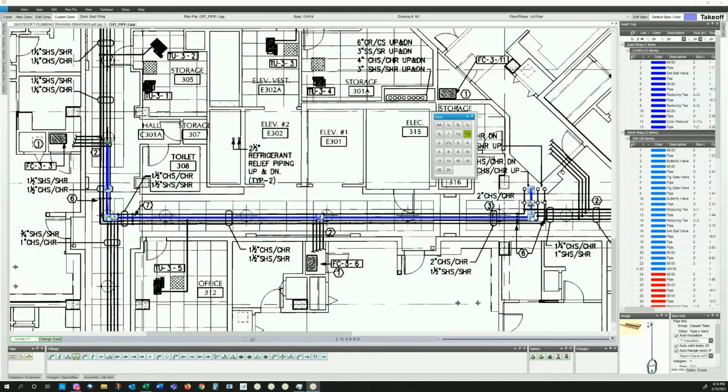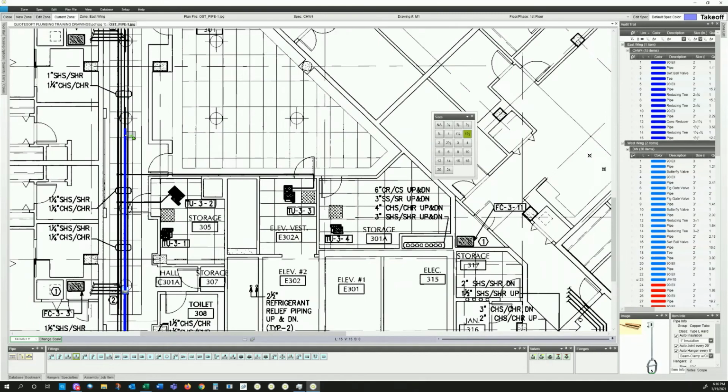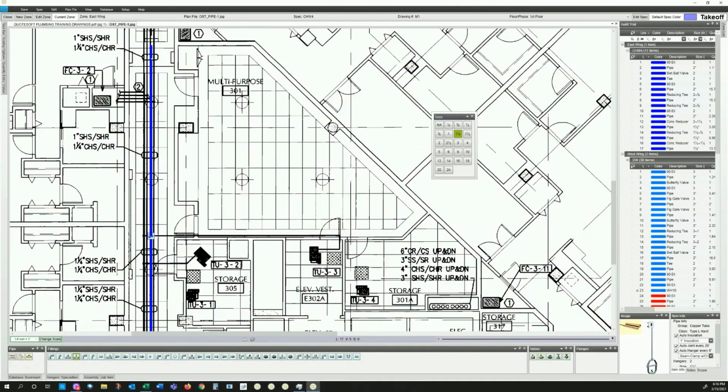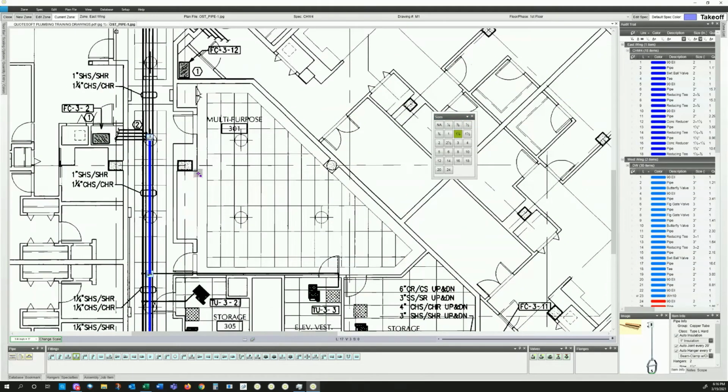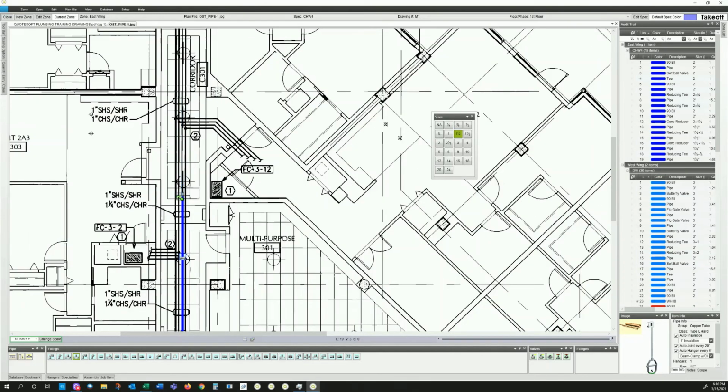So we'll go ahead and grab that, and you'll notice it just continues on in the auto pipe takeoff. Looks like we're reducing down to 1.25 inches here, so I'm going to grab a 1.25 inch reducer, take that off, grab 1.25 inches. My next fitting is a 1.25 inch by 3/4 T, and we'll go ahead and take that off right here, and just continue down this line. Looks like we're going to reduce down to 1 inch, and so we will say reduce down to 1 inch. Grab my 1 inch, grab my 1 inch by 3/4 T, take that off,